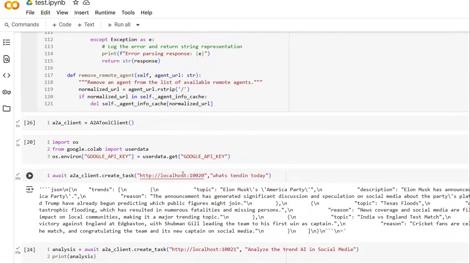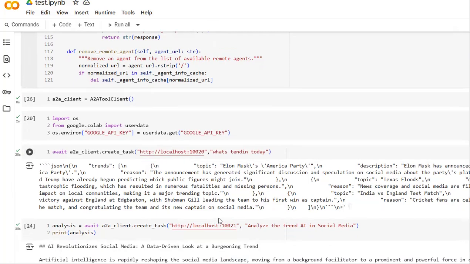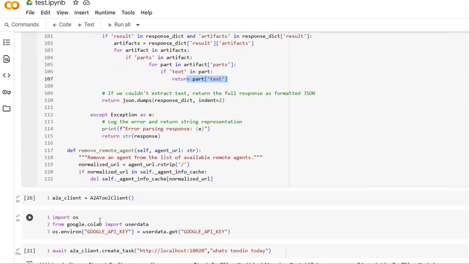And we have checked that by using already hosted agents, by providing the agent URL and by providing the method to check whether that agent is working and can respond to this request or not. We checked for two agents, the first agent as well as the second agent. Before checking, we need to create the